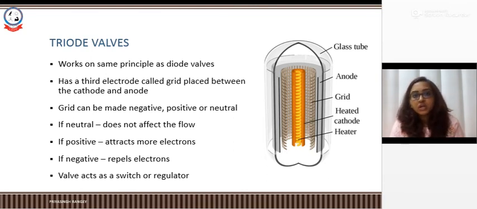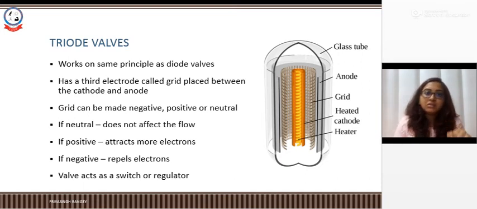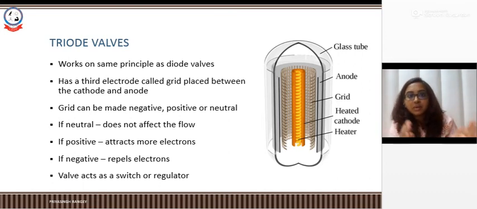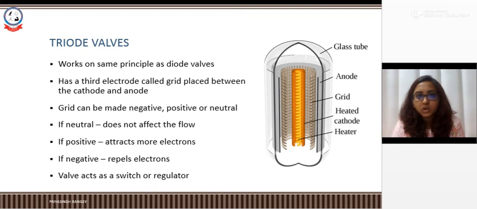The working of a triode valve is just similar to a diode valve. The structure, as you can see in the figure, also seems to be quite similar. But the only difference here is that you have an additional grid electrode. The purpose of this grid electrode is that when the grid is neutral, it does not change the flow of electrons, that is, whatever electrons are being emitted by the cathode and attracted by the anode, the grid is just going to allow these electrons to flow through itself. It is not going to change the flow of electrons in any way.